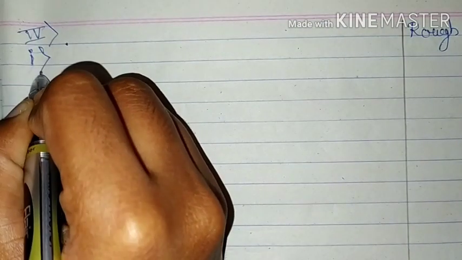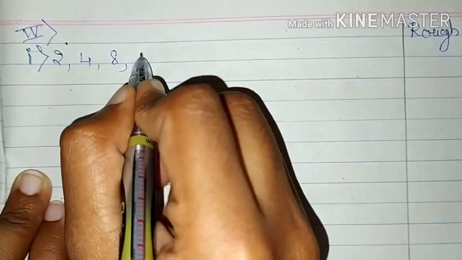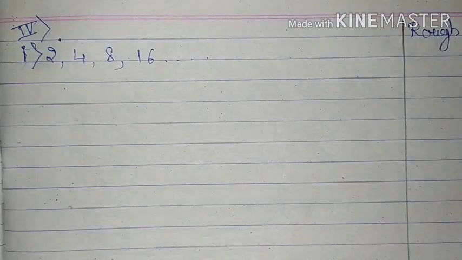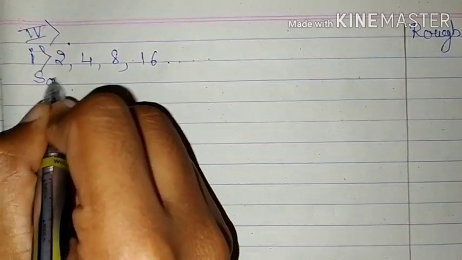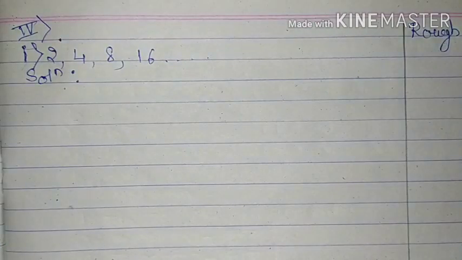Okay, so the fourth main, first question, 2, 4, 8, 16. Okay, we have to determine whether this list of numbers is an AP or no. So solution, to determine if any given list is an AP, we have to find out whether the difference between consecutive numbers is a constant or no.